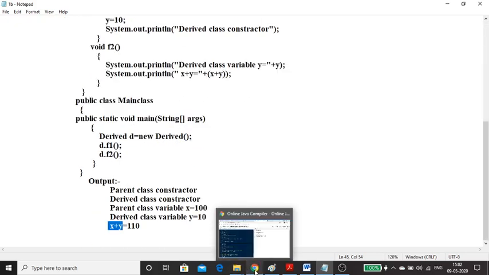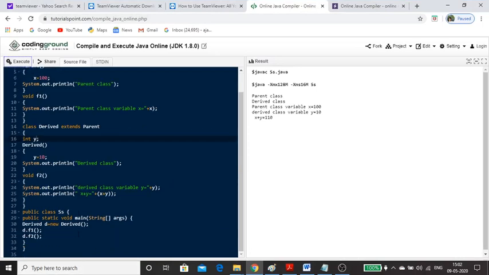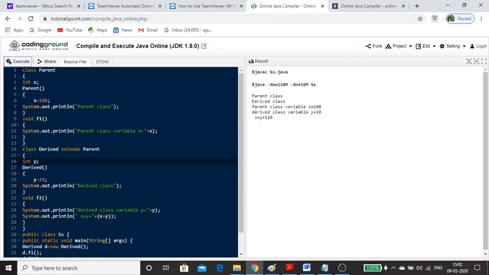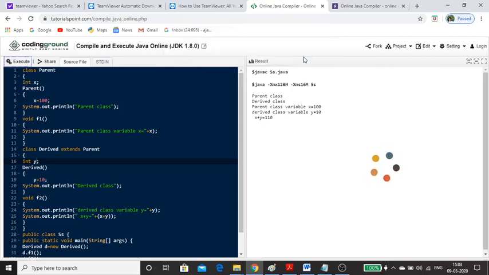Now you'll see this program executed in an online compiler. I'm using Tutorialspoint. See, the same code is copied here, and I'm running it. I already got the output, and I'm running it one more time.